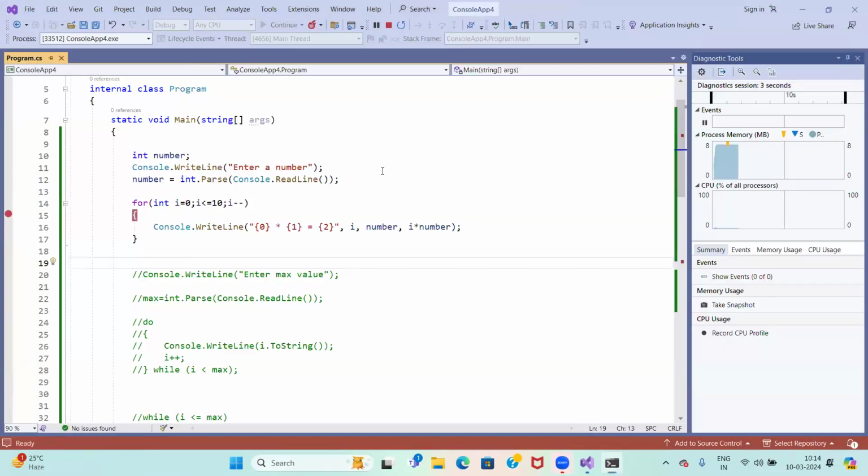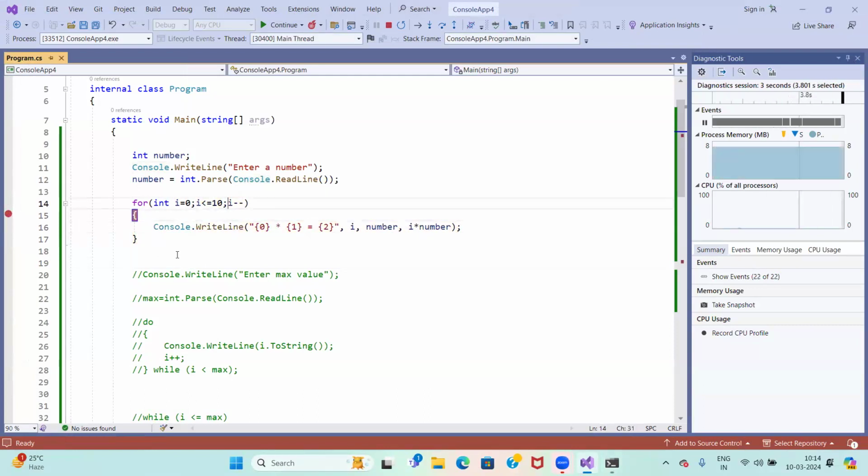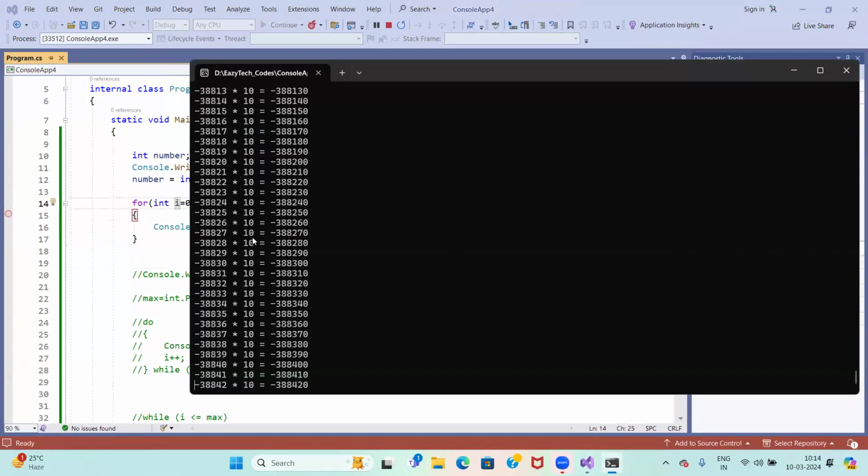See, I have given minus 1. This condition never fails. It keeps on printing the values. You put it 1,000 times, 100 times, it never exits. That is the deadlock state. Deadlock means there is no further execution. So stop debugging. If I run this program, you can see it keeps printing increasing values,